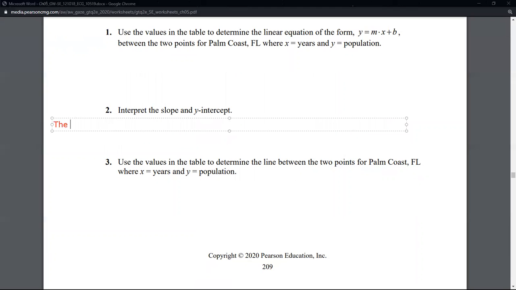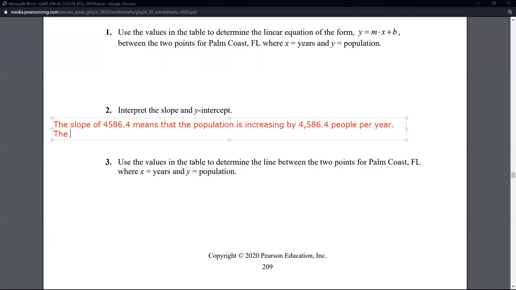All right, so the slope is 4586.4. I just want to write that down so you see it again. It means that the population is increasing because it's positive by 4,586.4 people per year. Now you might be saying, why didn't you just say 4586? Because we're dealing with a large population. If we were only dealing with a dozen or 100 people, I would round that to the nearest whole. But when we talk about very, very large values with people, we keep the decimal.